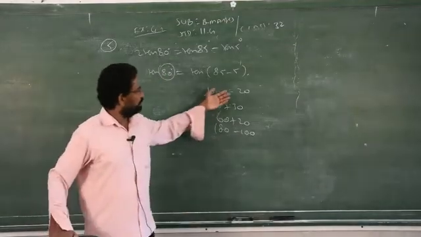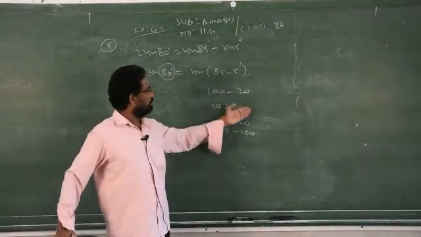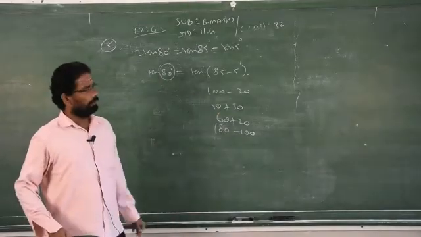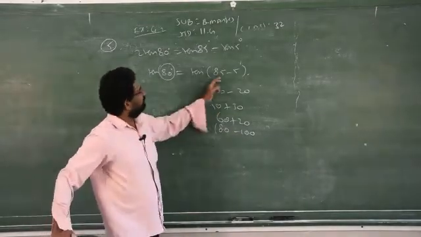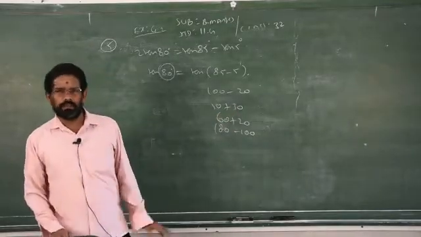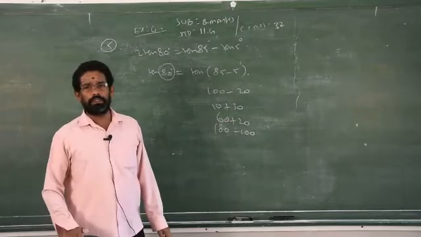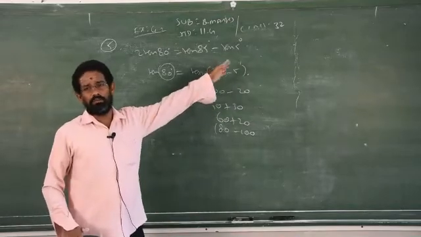Why are we not taking these types of combinations when solving this problem? Why do we need to take only 85 minus 5? The reason is very simple. See the right hand side. What do you want to prove? You have to prove the right hand side in terms of only 85 and 5.